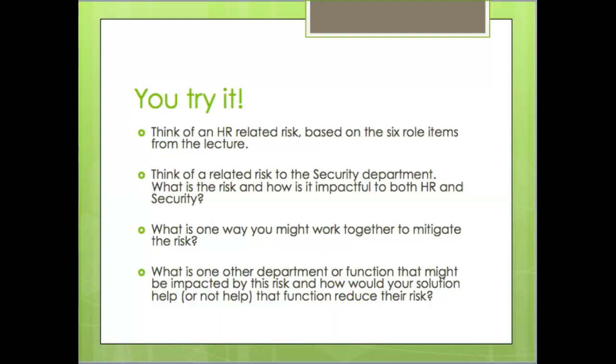And what you're going to do is you're going to think of an HR-related risk based on those 6 roles, right? You wrote those down. Take one of those roles and think about one thing that could be risky in there, something that could backfire. You can know enough about those functions that you could think about something in workplace safety that could be a problem that HR might have with workplace safety, or with background checks, or those types of things, right? Any of those 6 things.